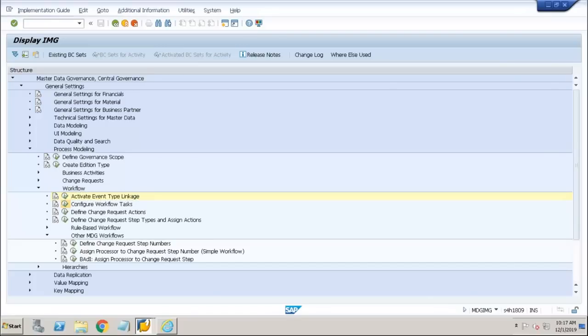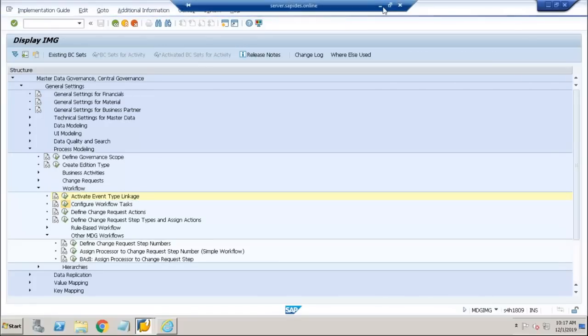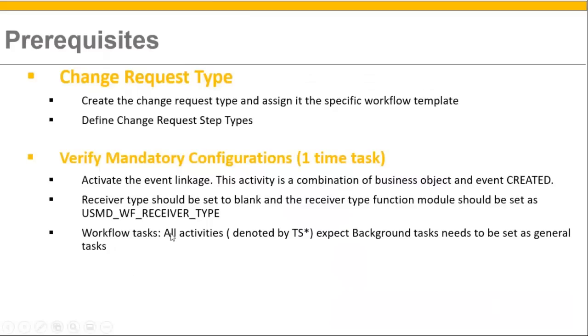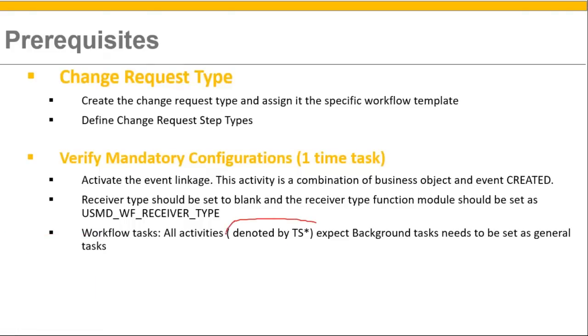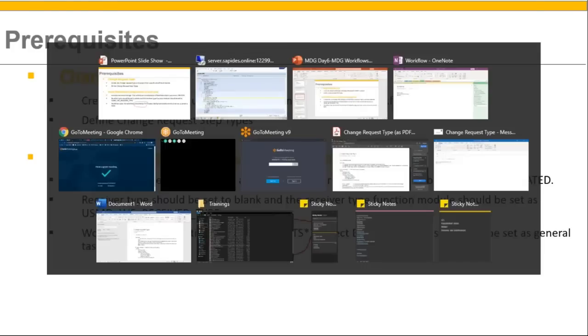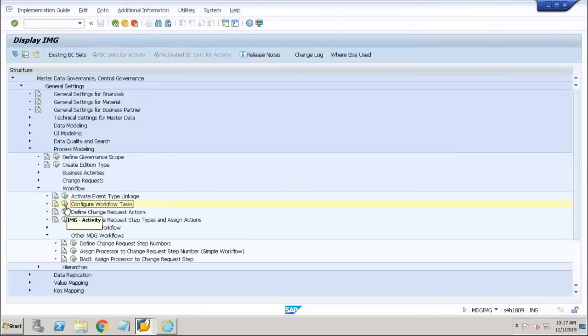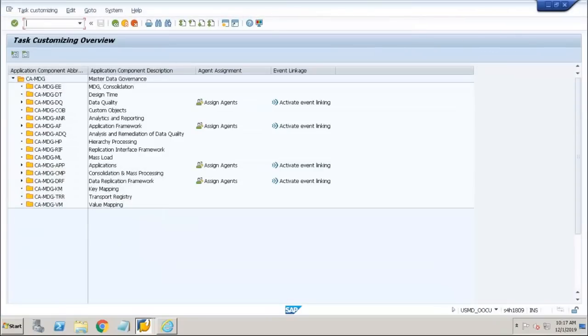Now, the next step would be configure workflow task. All the activities denoted by TS star, need to remember, denoted by TS star, and except the background task, need to be set as general tasks. In configure workflow tasks, in assign agents for the MDG application framework,